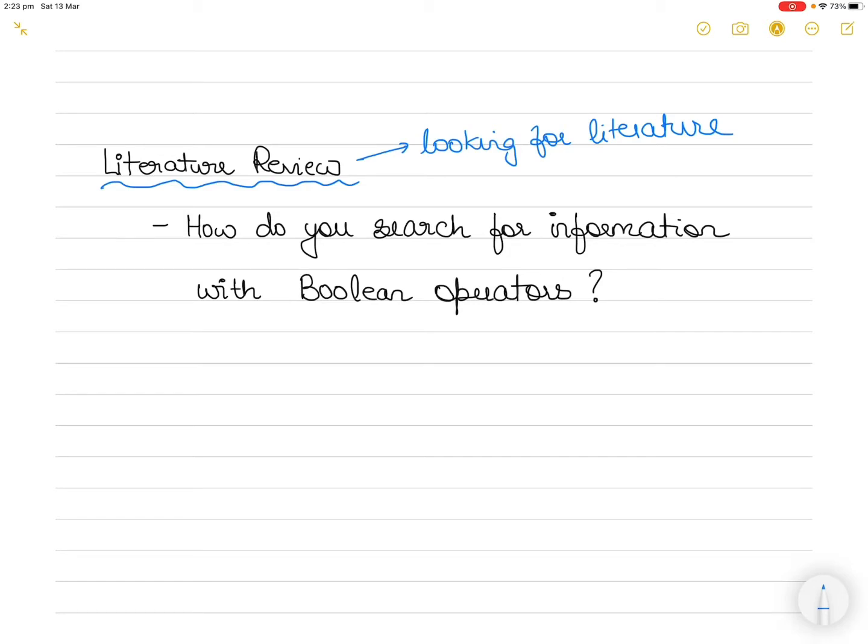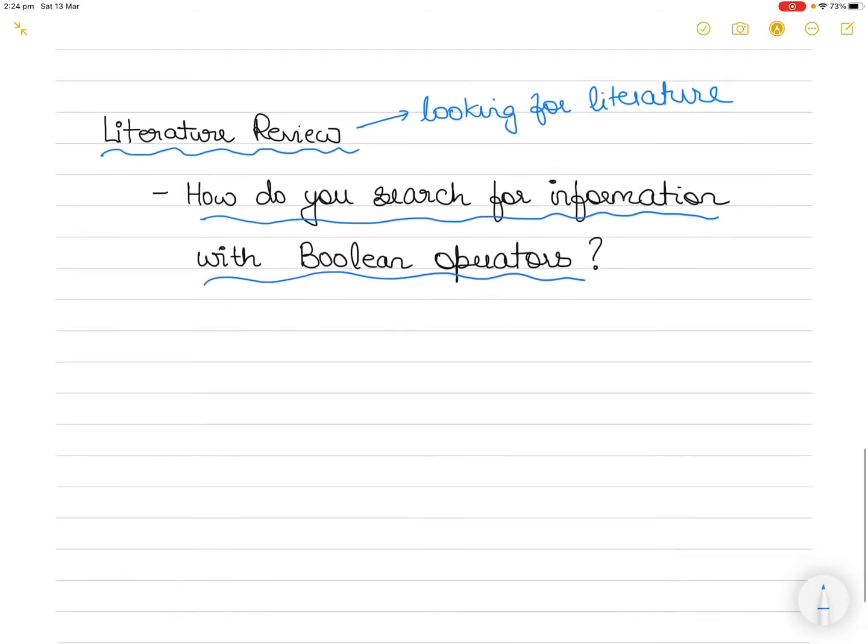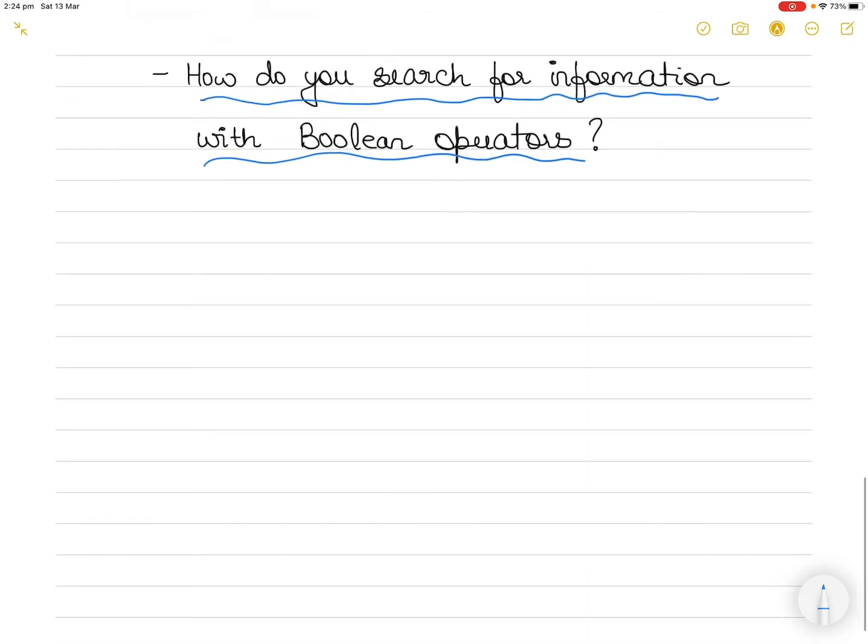So today's topic is how do you search for information or literature using Boolean operators. I will explain what Boolean operators are and then show you a few examples of how you can use them. So let's start with what are Boolean operators.